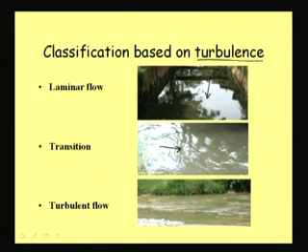Then here, it may not be that visible, but from the terrain or the entire geometry you can see that there is a lot of turbulence in this flow, because a lot of undulations are there and the flow is moving in a much more turbulent way. So the turbulence level in these flows is different, and based on this turbulence we classify